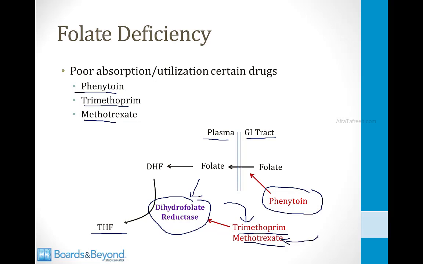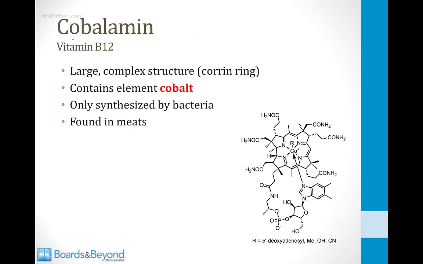Methotrexate is a chemotherapy drug. It's also used for immunosuppression, and it's designed to inhibit dihydrofolate reductase in order to suppress the immune system or kill cancer cells, and therefore obviously when you take this drug you can get a relative folate deficiency because you can't metabolize folate properly. Now let's talk about vitamin B12, and vitamin B12 also goes by the name cobalamin,